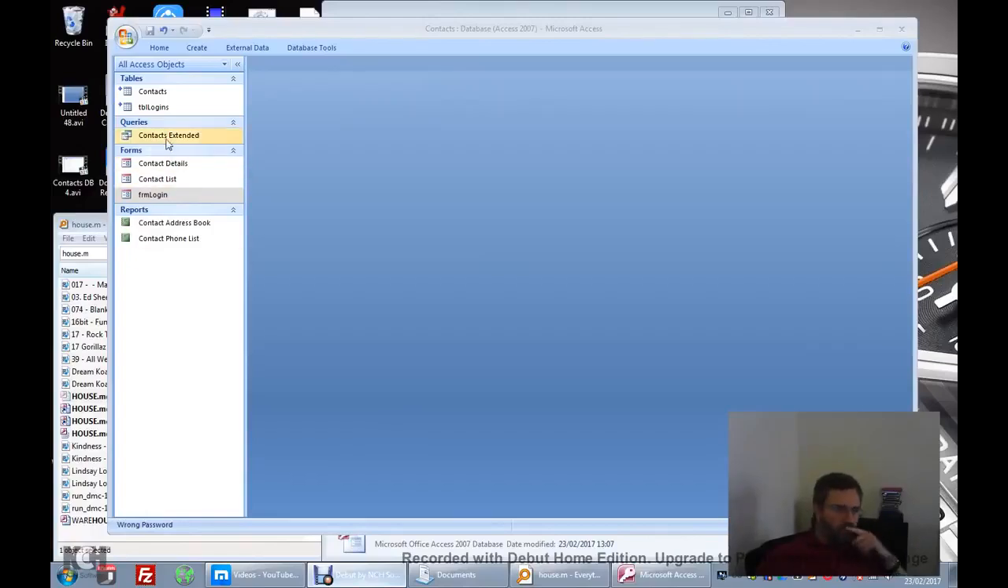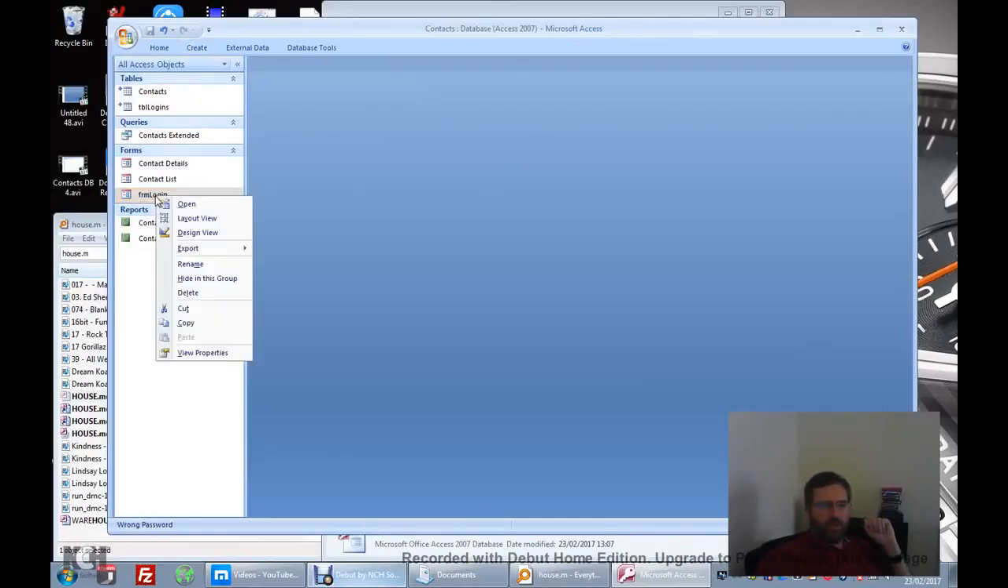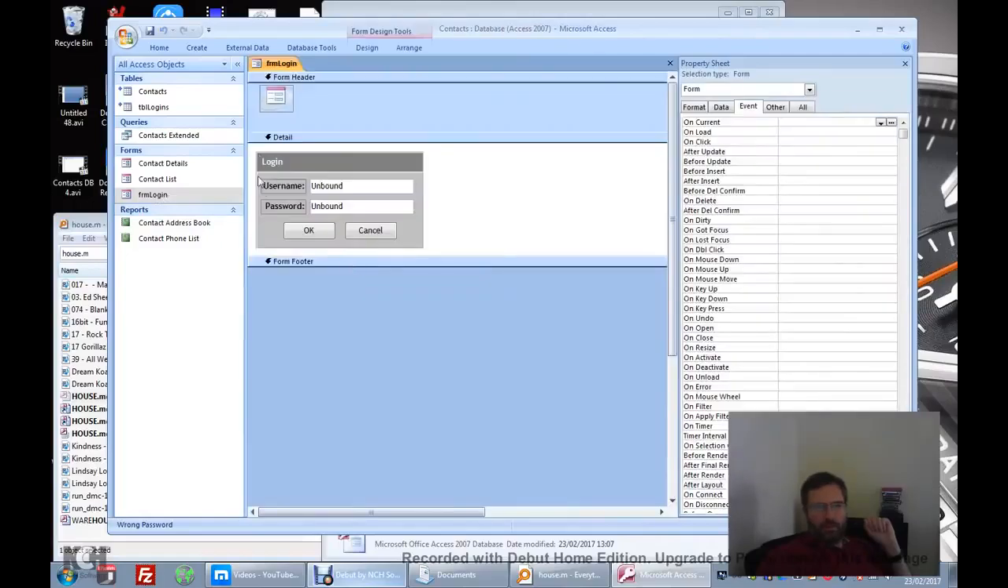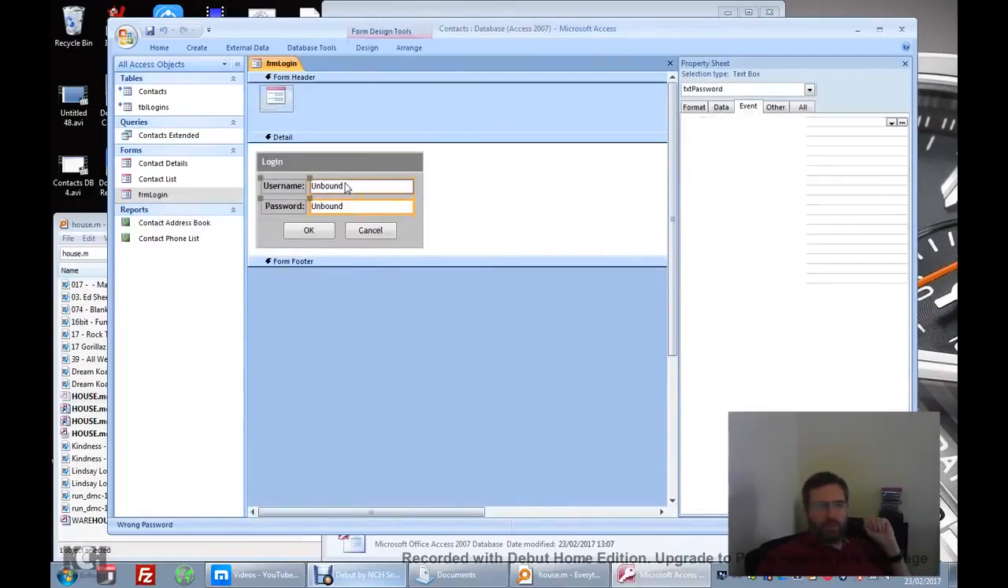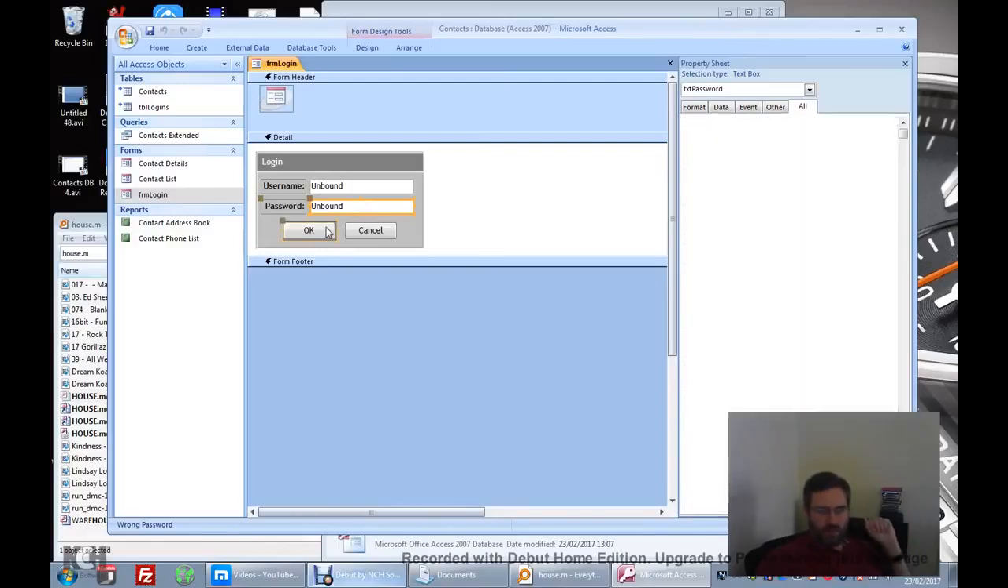Okay, so we created our logins table here, and what I've done is created a form called form login, which is very simple. It's just a couple of boxes here, two fields, username and password, txt username, txt password. I've set the password box to show asterisks. Did that earlier in the table, so that will work. There's an OK